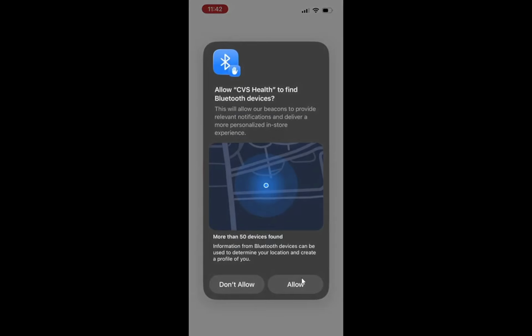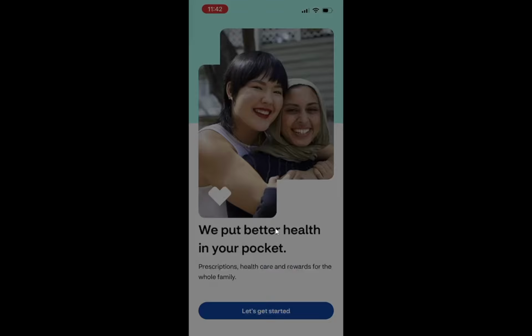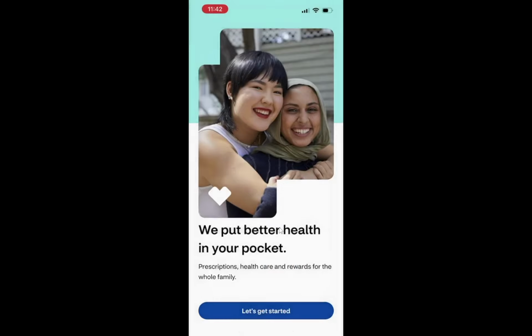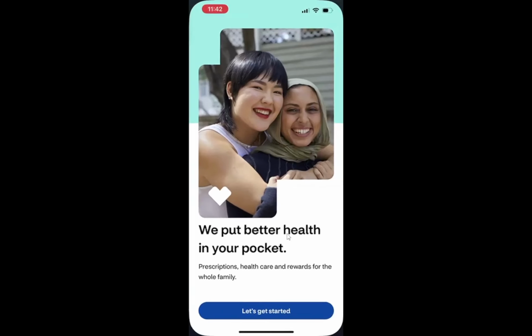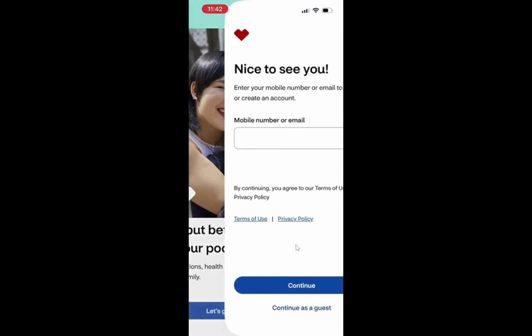Here you might see options related to prescriptions, shopping, or rewards, which confirms you have the official app running. With the app open, sign in with your existing CVS account or tap Create Account if you are a new user. When creating an account, you will be guided through basic details so the app can link to your prescriptions and extra care rewards. Once you finish, your login will bring you straight to your personalized CVS dashboard. You have now downloaded the official CVS Health app and signed in so you can manage prescriptions, rewards, and appointments from your phone.